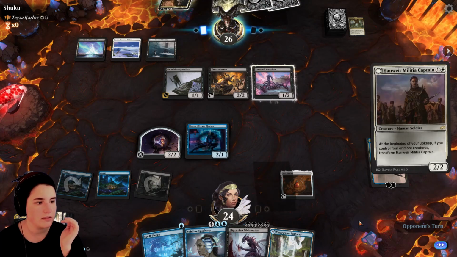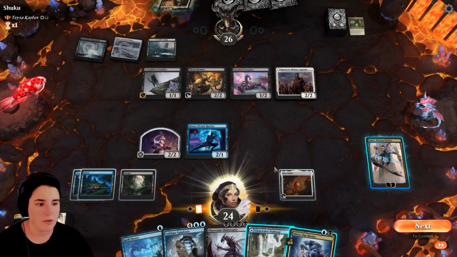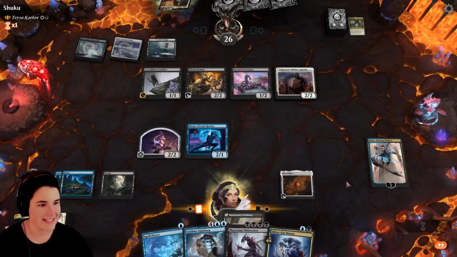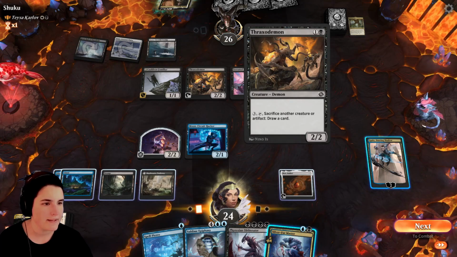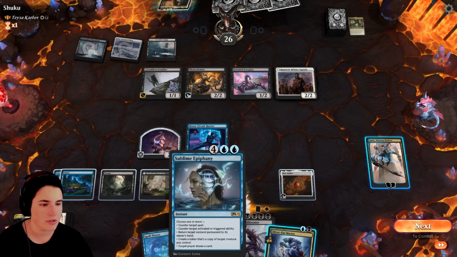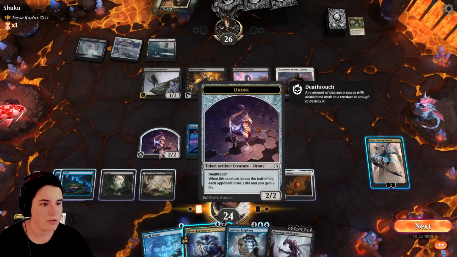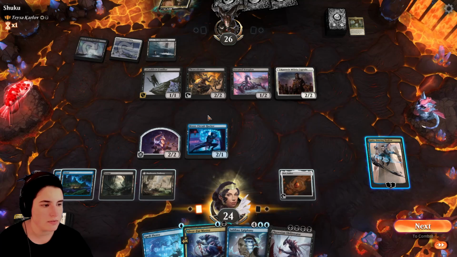Wait, did I? Oh, I did the -2 then. Wait. Oh, or they... Okay. Or they won't. Yeah. Womp. Sacrifice another creature or artifact, draw a card. They can't do that this turn. Other Ninja and Rogue creatures you control get +1. Let's do...